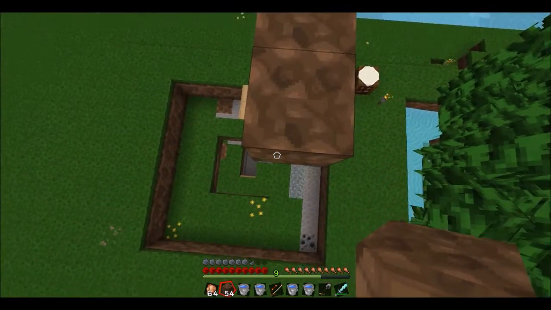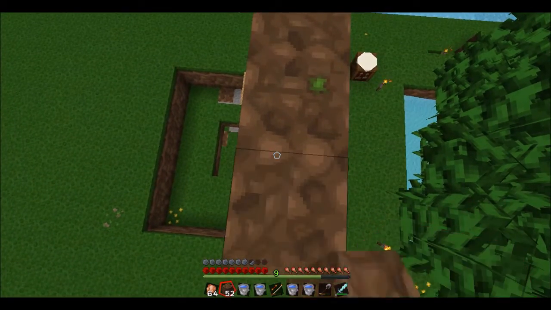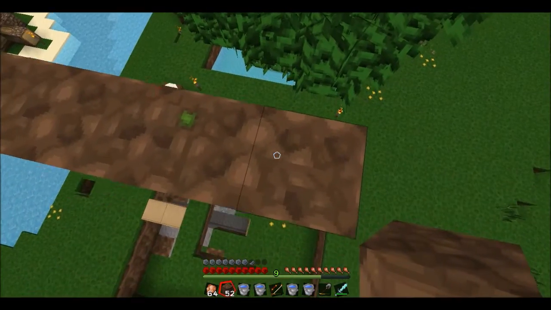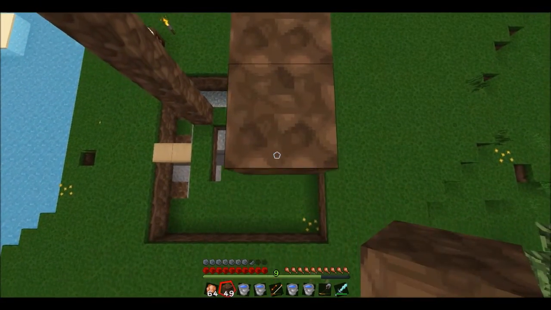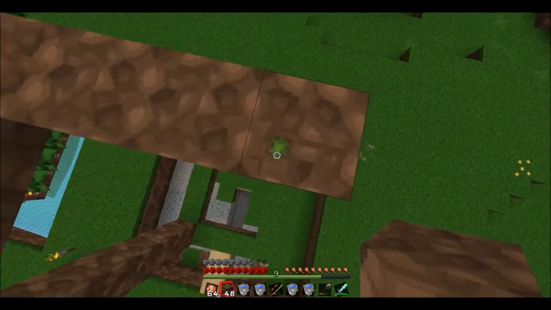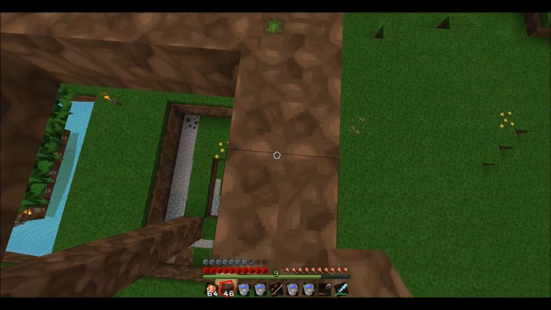1, 2, 3, 4, 5, and come this way. 2, 3, 4, 5. Now the idea of this lid, now I don't know if it's not going to work